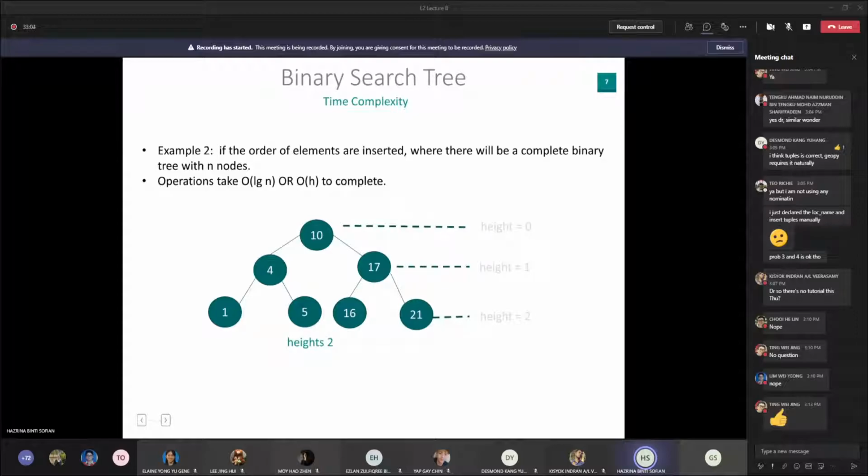The example that affects the height of the tree is when the order of elements inserted produces a complete BST with n nodes. Somehow it started with 10 and then 4, so maybe then 1, or maybe 17. So 17 we can put at the right. The sequence of the elements always begins with the median. You can see that 4 is the median between 1 and 5, and 17 is the median between 16 and 21. So we will get a complete binary tree where the operation will take order of log n,